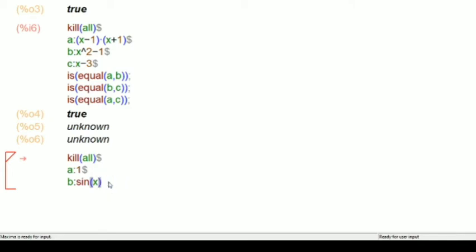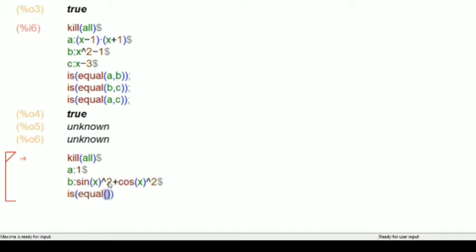But when you give like this one is sine square x plus cos square x. I don't want to display this. Now we'll verify whether these two are equal or not.